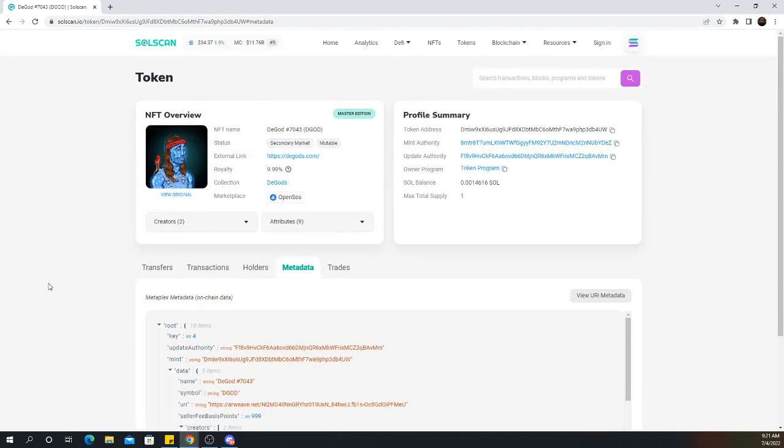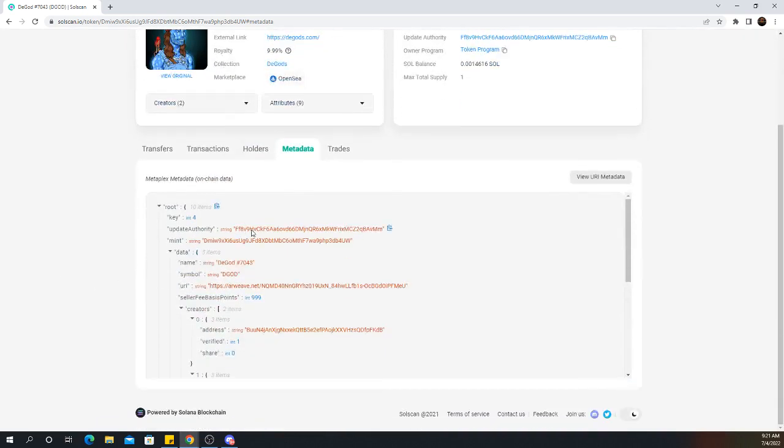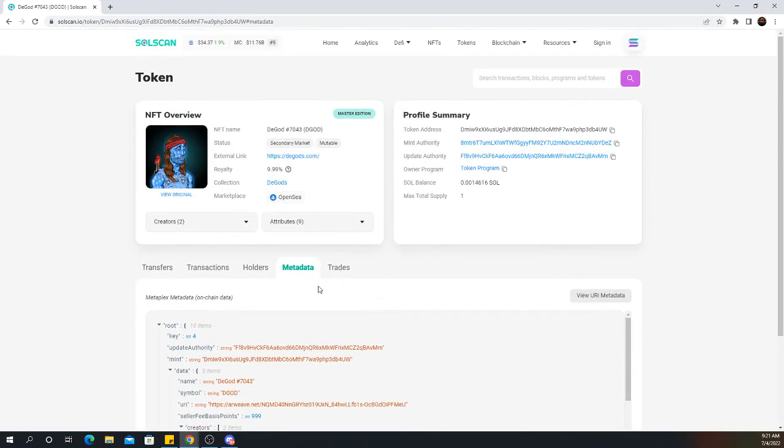Okay. And this is the address. Since it is mutable, this is the address that could change any of the information that you see here. So it could change the image, it could change whatever. That's when you talk about things like, I don't think that's quite how Dead Gods worked. I think they did something a little different, because I think they literally had you send the NFT and get a new one back.